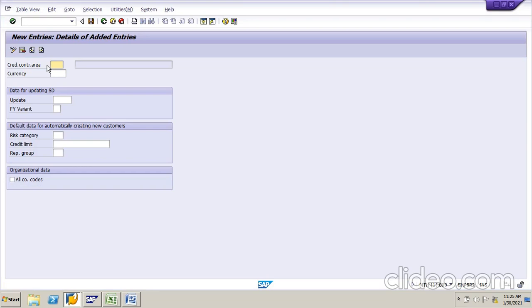So credit control area is a DCCA, Dalmia credit control area tab. Currencies, so this is INR.